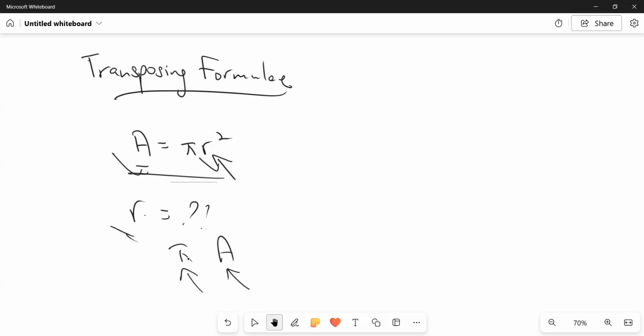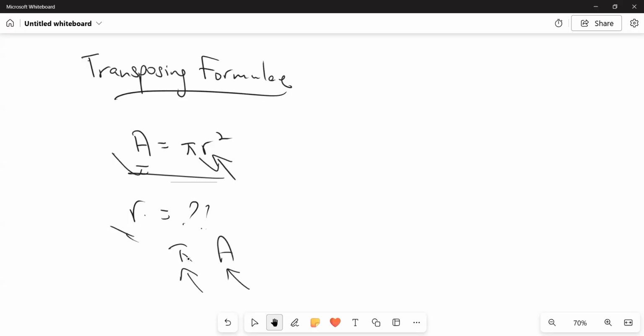So being able to transpose a formula to change the subject is a good skill in mathematics. Also, your ability to transpose a formula can help you with the solution of almost any problem, because you're going to be able to